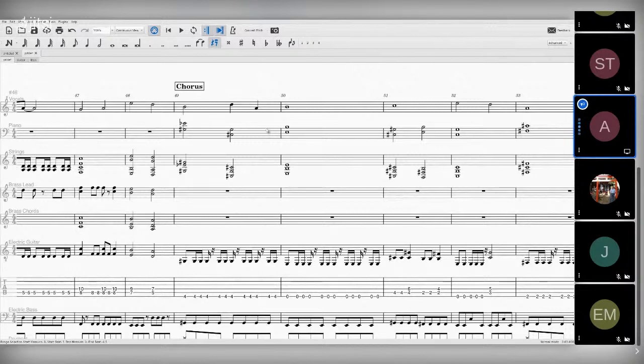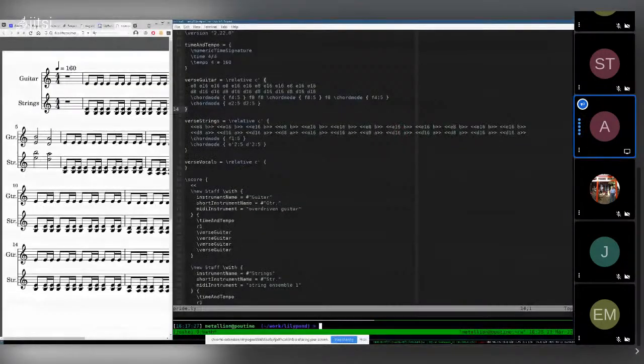If I'm working on this and I listen to a little part and I'm like, yeah, I don't quite like this part, I want to change it a little. And now I have to go to every place in the score where I have this chorus and change it everywhere. And I'm sure the programmers among us are already cringing quite a bit. Like, this is what we write functions for. So we can just change it in one place and call it in multiple places. This is a nice thing that Lilypond allows me to do.